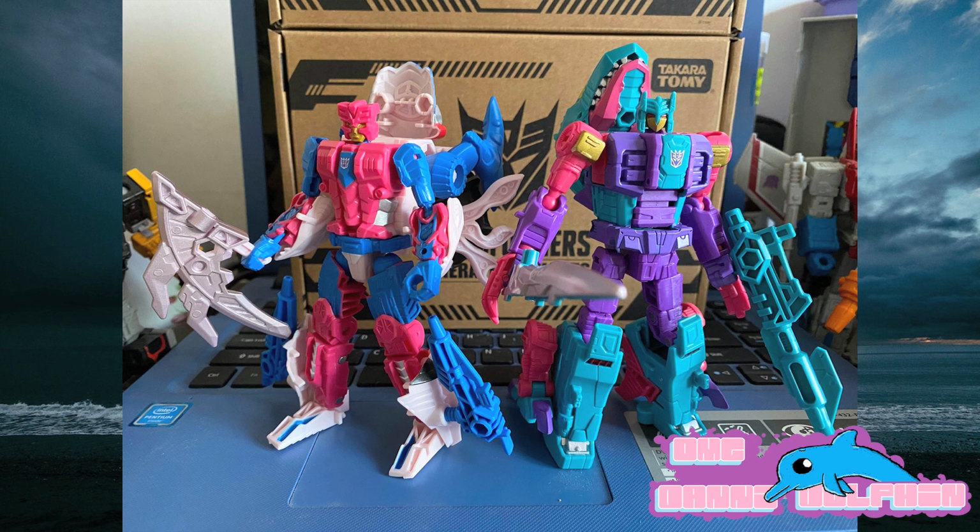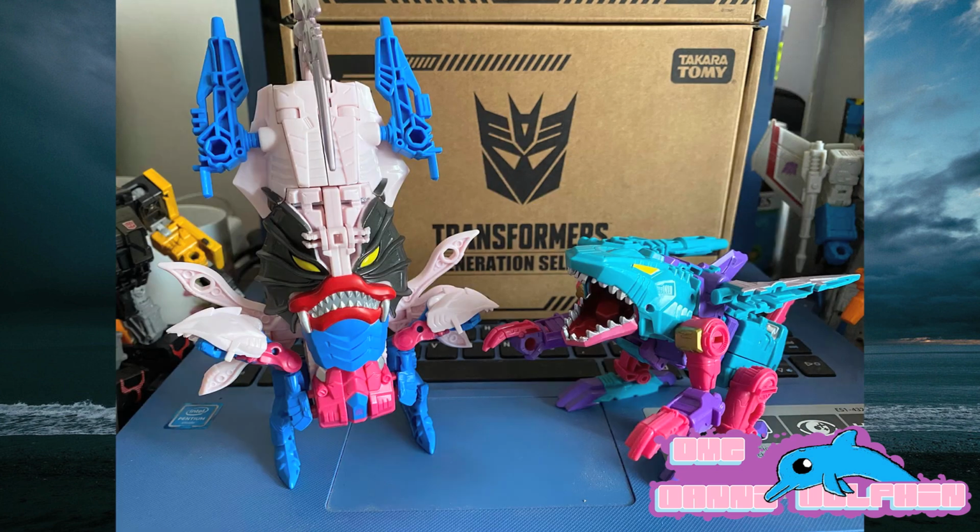I would be hard pressed to decide whether to keep these guys separate in robot form, or all together in alt mode, or built up into the main King. I wouldn't know what to do with these figures because they are so awesome. I would have so much fun with this. I'm still working on that Turtler guy. I've got to review him, and he's just so good in his Blastoise turtle mode with the cannons. I don't usually even want them in their other alt mode, but these guys all lined up in their beast modes would be pretty sick. Totally. I already got the two guys on my shelf right now in their beast modes, and they just look like